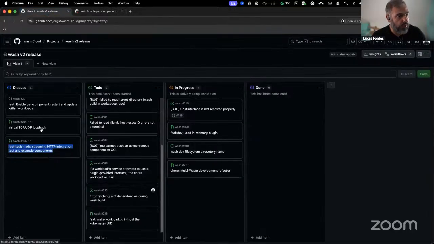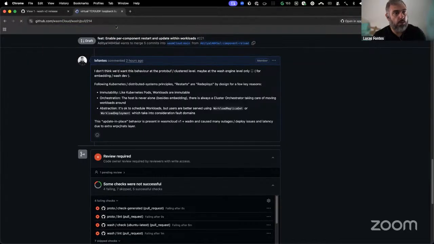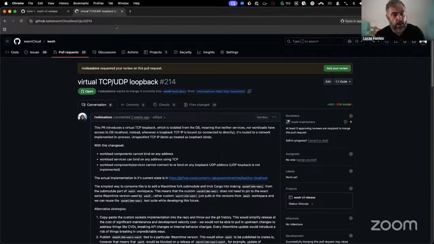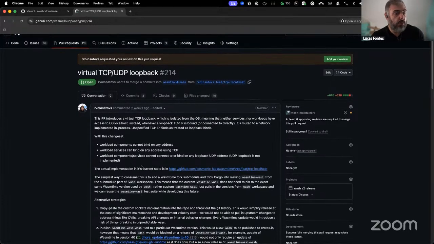And the last one in the things that we want to chat about, 214, is the virtual TCP UDP loopback. This is pretty much fulfilling the proof of concept that we showed a few weeks ago, showing how you can open a TCP service and have the component connect to that service, all within the same workload. Now, the challenge here is that in order to do this in a programmatic way, we had to use a